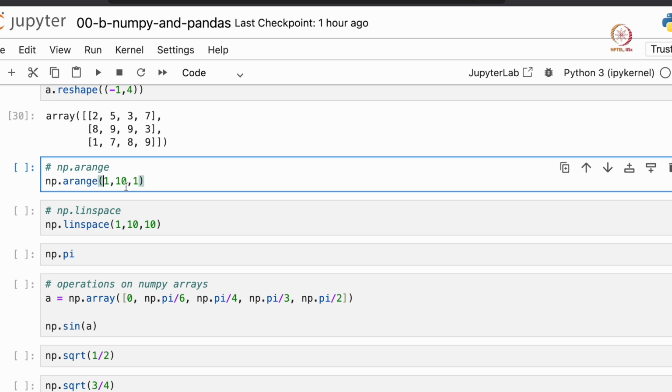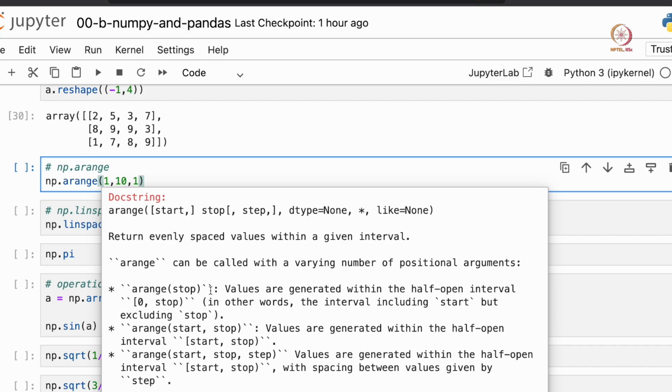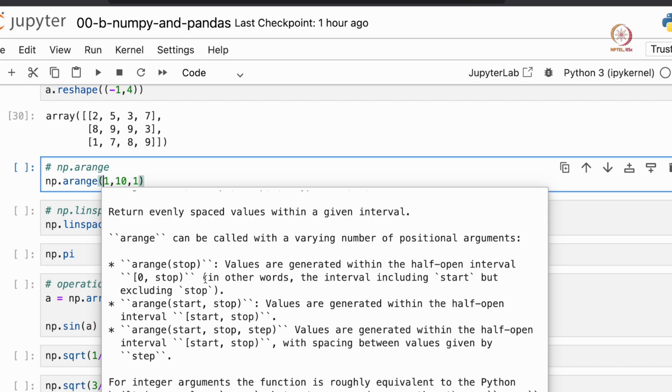So to get more information, you can place your cursor here and press Shift plus Tab. So this gives you all information about the arange function, and that is valid for almost every well-written Python module or package. So you do not have to remember what a function does. You just have to know that there exists a function like this, and then call it and use Shift plus Tab to find out what arguments you should give or how you should use it.